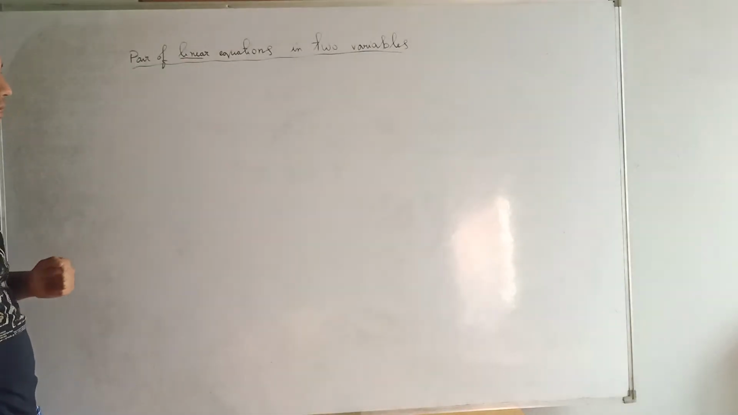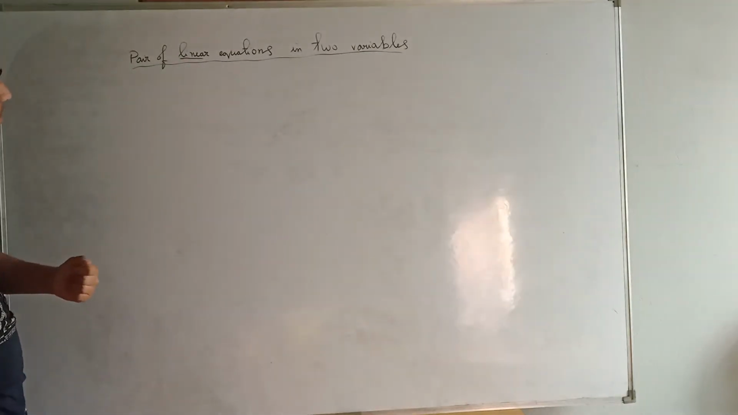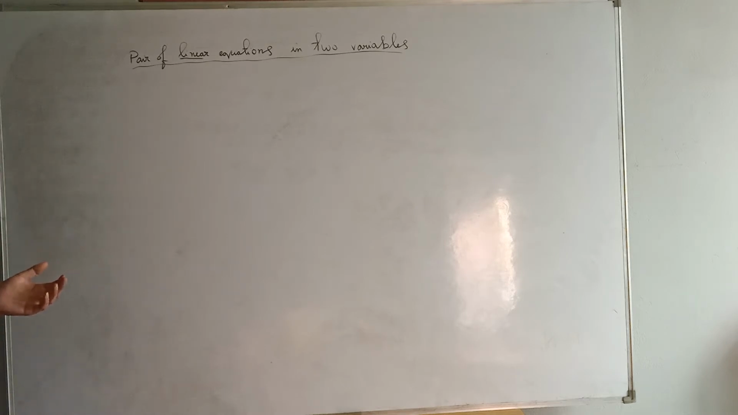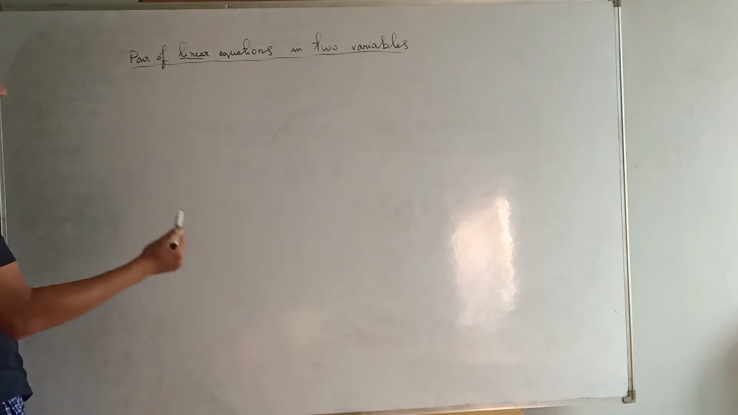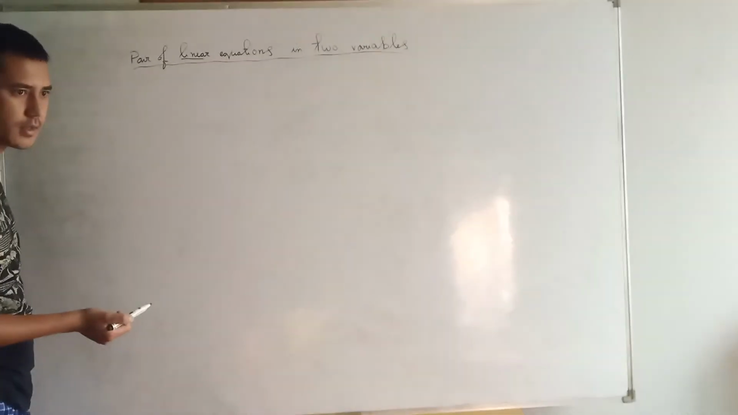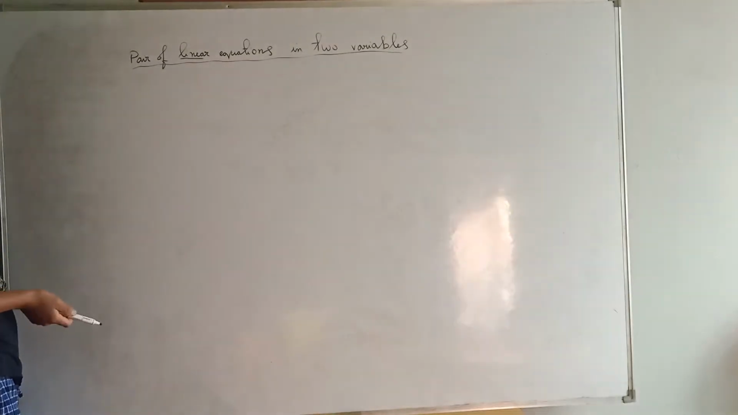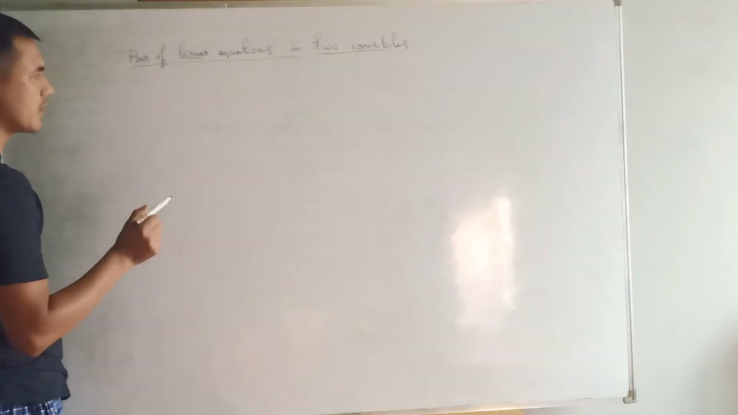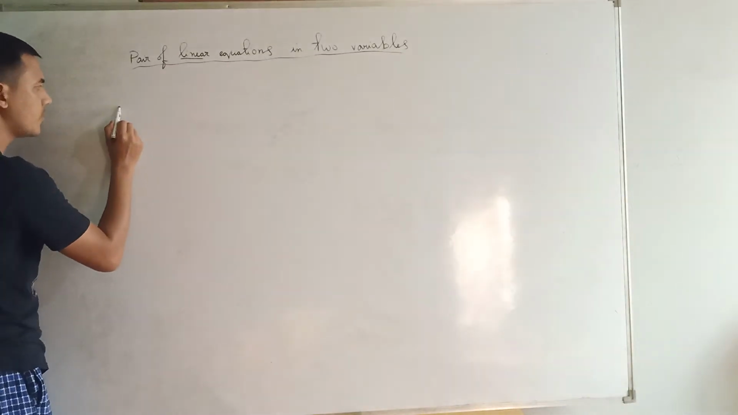So linear equation means in an equation the highest power of the variable is 1. If the highest power of the variable is 1 in an equation, then that equation will be called a linear equation. Okay. So pair of linear equations in two variables. When I say